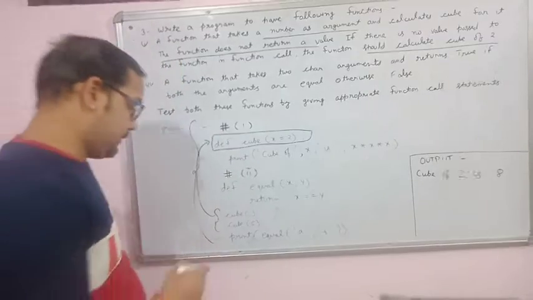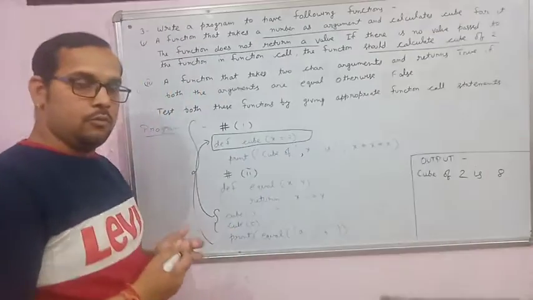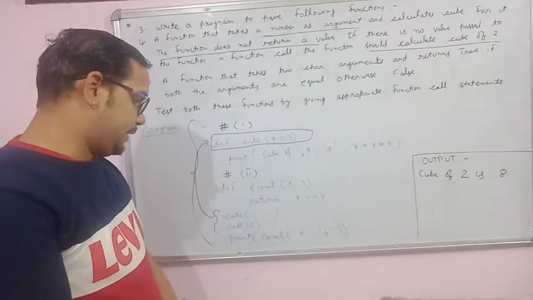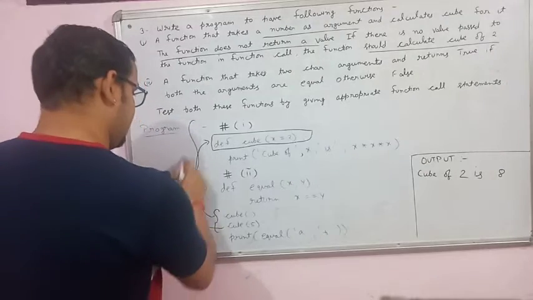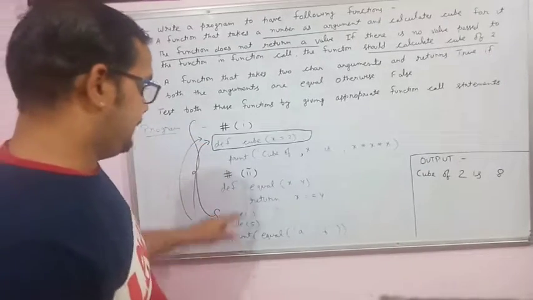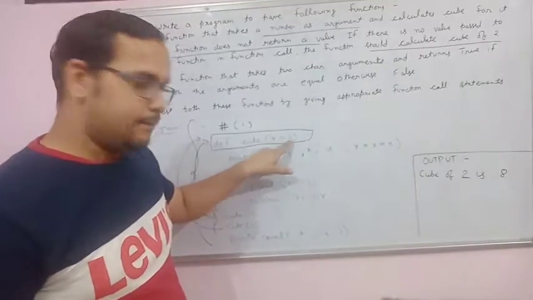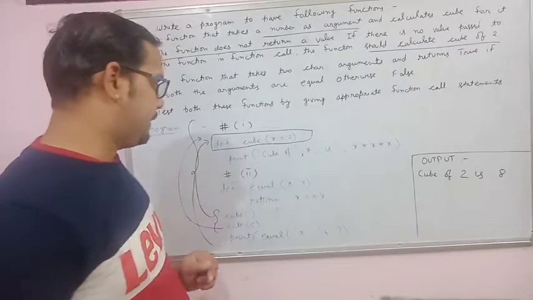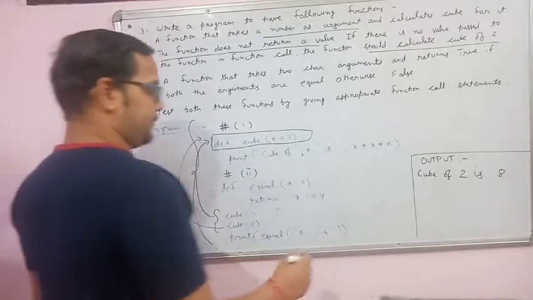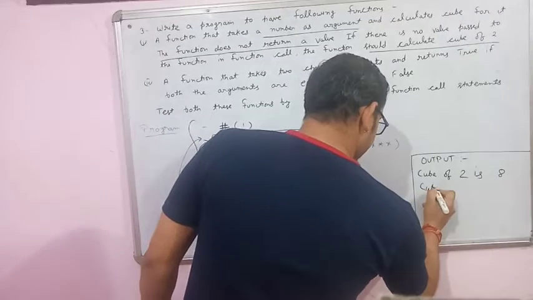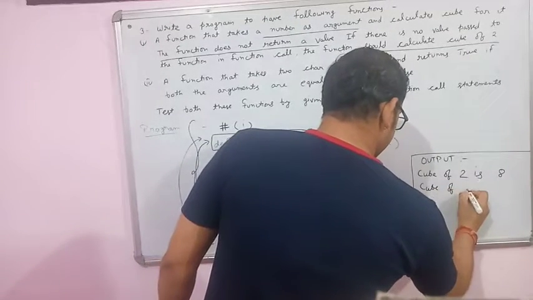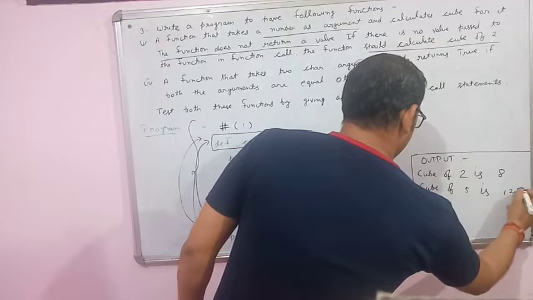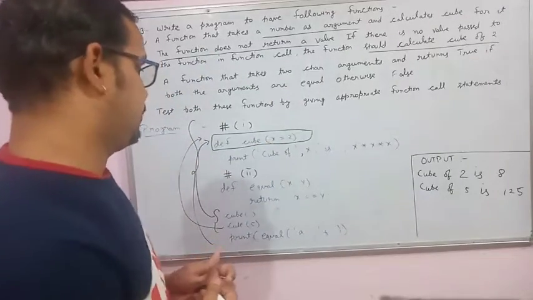Now the second function call. Here we are providing the value of x, means we are providing an argument. The value of the argument is 5. So this call goes to the function definition. Now this 2 is overridden by this 5. The value of x is 5. After that it will perform some operation and display the result. 5 into 5 into 5 means 125. 5 5 25, 25 5 125. So this is the answer.